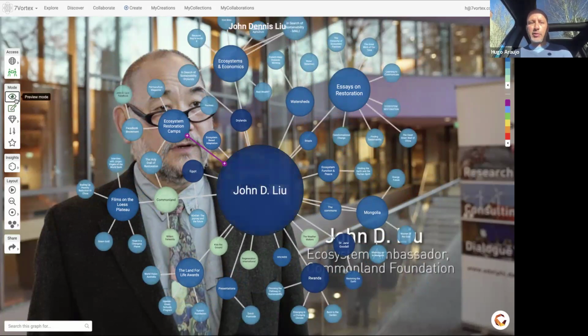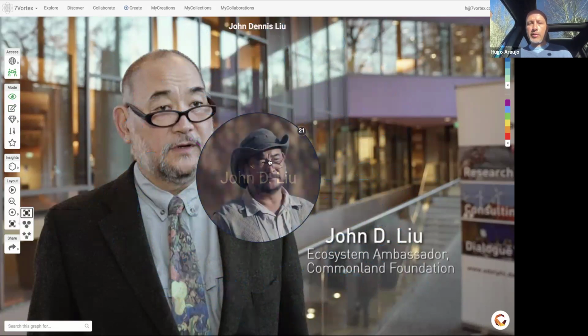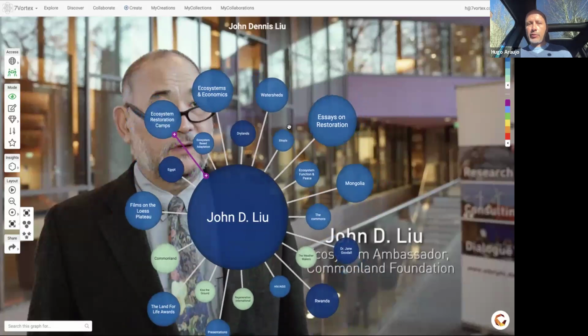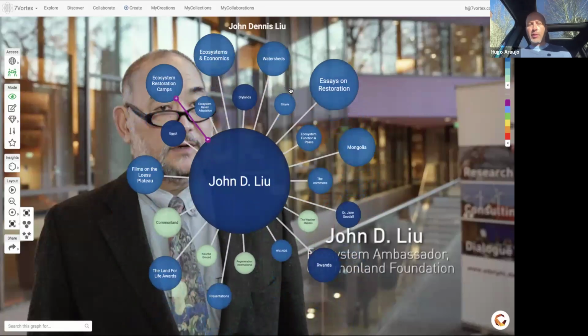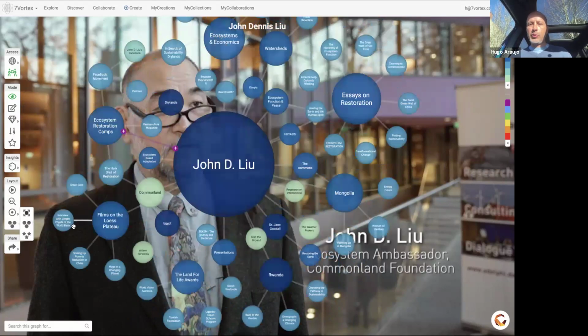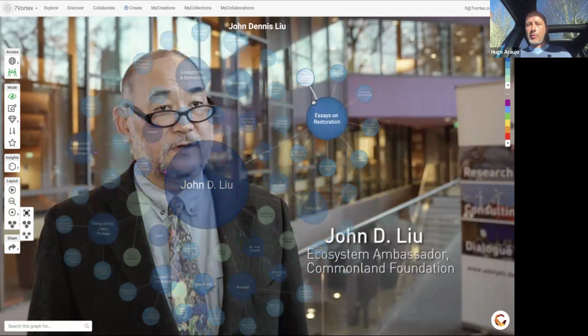I've been building kind of an archive for them to see what they've been doing and how you can be inspired by them. So I call them contemporary heroes. You can come here and explore what John has been doing, and you can do it from the center and then explore what kind of essays of restoration. I'm owner of this one, and John has a copy, but I'm happy to give you another copy if you want to place information here. But let's say that this is one of the ways to put different kinds of information in the same site.